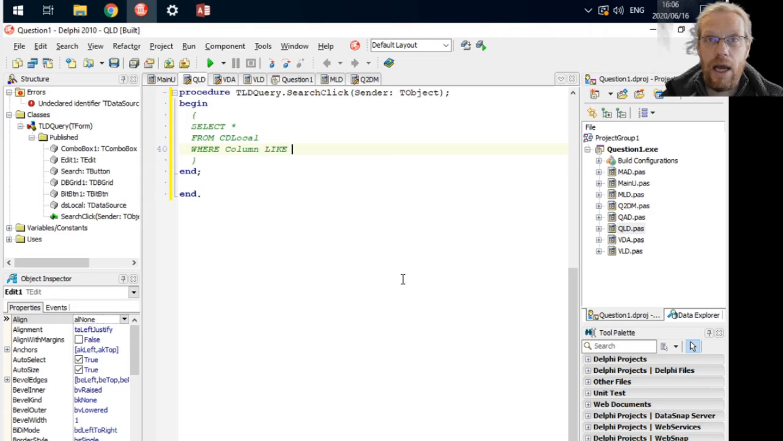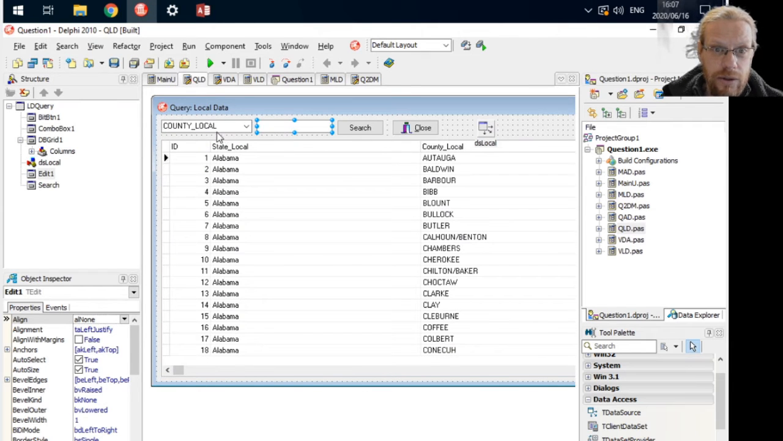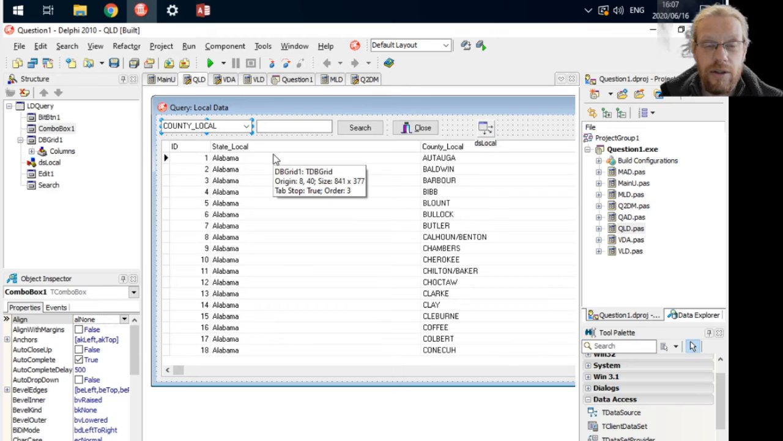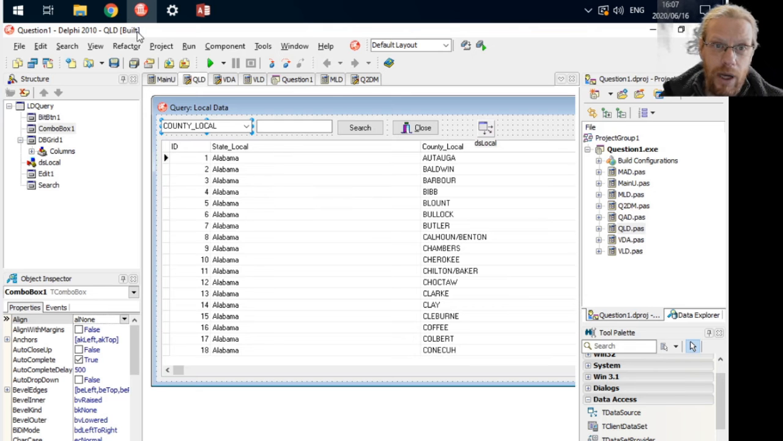Like, and I don't know what I'm searching for yet, so I'm just going to fill in a random value just so that I can see what my SQL looks like. I'm selecting everything from CD locals where some other column is going to be like some other text. Let's see where that comes from. In the design, this combo box refers to the column that's going to be used. So I can use this